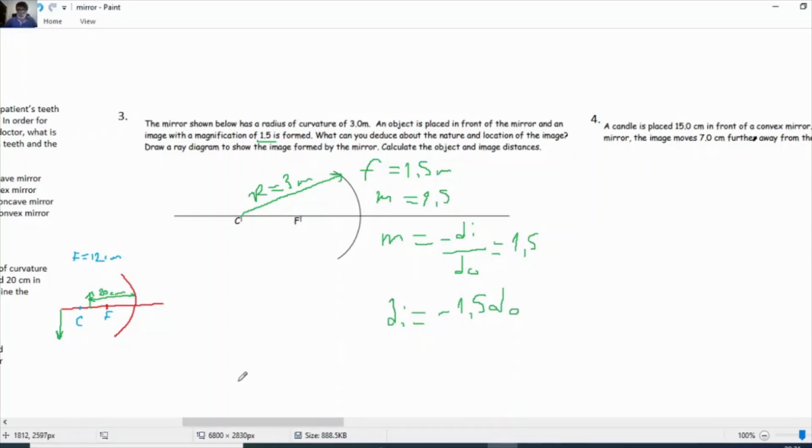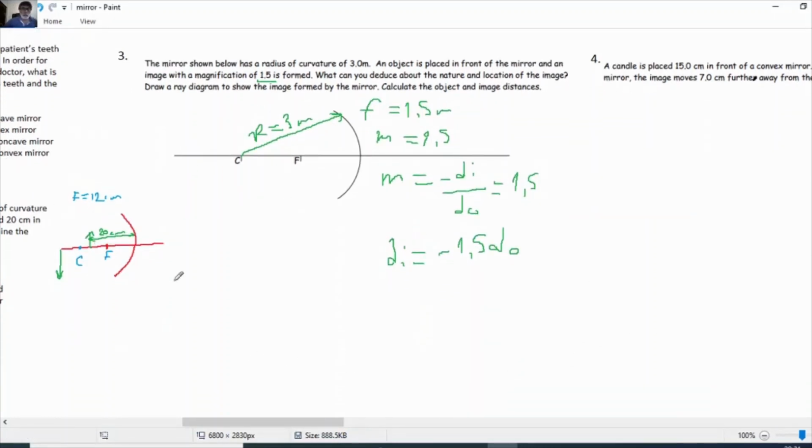Let's write our mirror equation. 1 over f is equal to 1 over the object plus 1 over the image, and 1 over f is 1 over 1.5, which equals 1 over the object plus 1 over the image distance, which is equal to negative